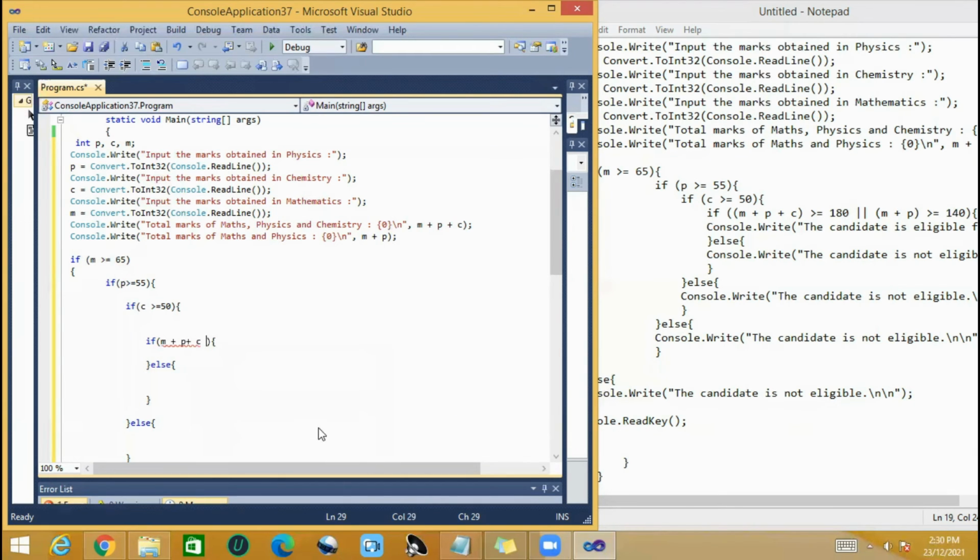So total, so I need to insert one more bracket. So if these three values are greater than 180, right? Greater than 180,